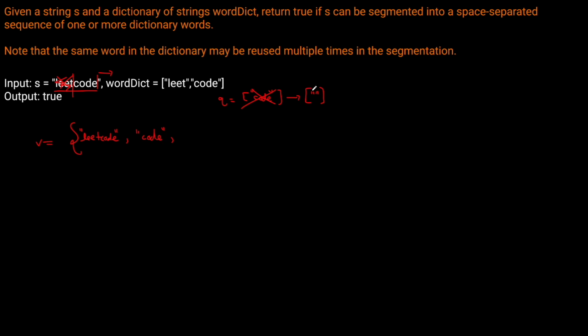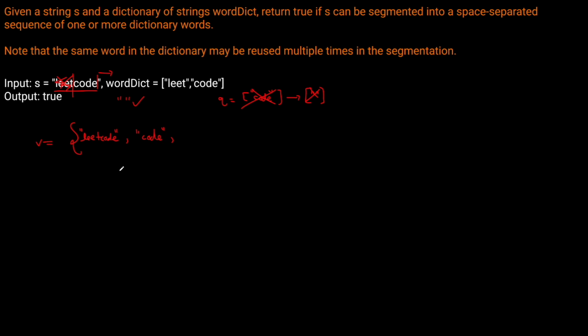is, so we pop it from the queue, and now we're working with the empty string. Is it in our seen dictionary or seen set? No, it's not. So that means that we have to process it. Then we check, is this actually an empty string? Which it is, which means that we were able to split this entirely, which means that we're actually done and